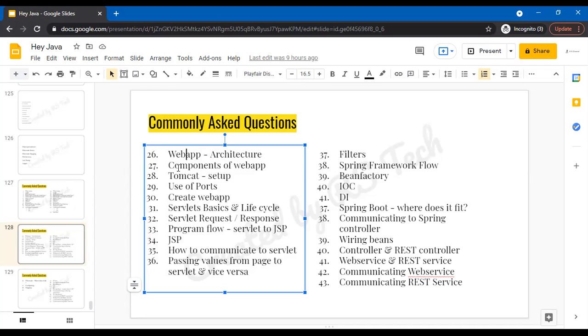And program flow. This is a tricky question. How does control go from page to servlet and back to the page? The answer is simple. You have a page, through form action you call a servlet, you pass the value as a request parameter, you receive it in the servlet as a request parameter, you pass it to JDBC, hit the JDBC, get back the result, and then you set it in the request attribute, and in JSP receive the request attribute.